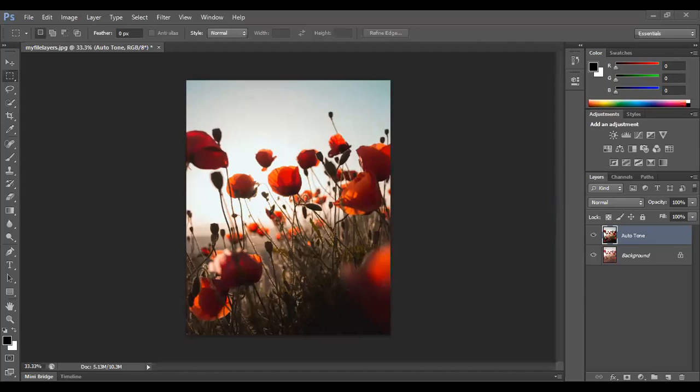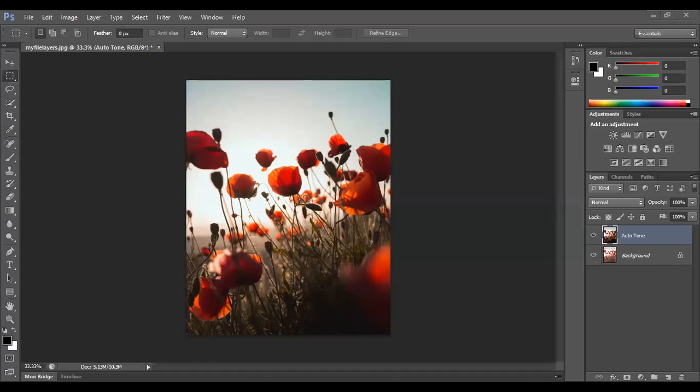Great. Sidra, you were asking me what auto tone does. I will quickly repeat that. Autotone, channel by channel, will darken the darkest pixels to pure black and lighten the lightest pixels to pure white. That is what autotone does, Sidra. And in the middle, if there are any other tonal values, it is going to redistribute them to the best contrast possible. So it basically will give a boost to your image. That is the reason why autotone can be used in any image, Sidra.